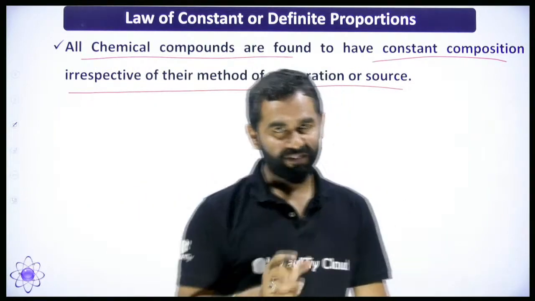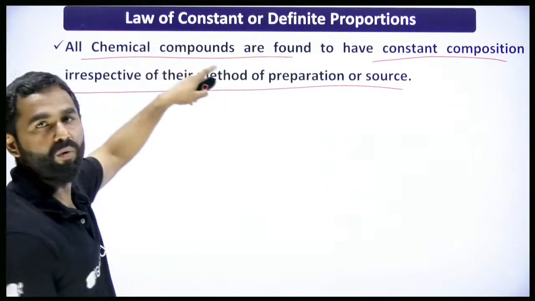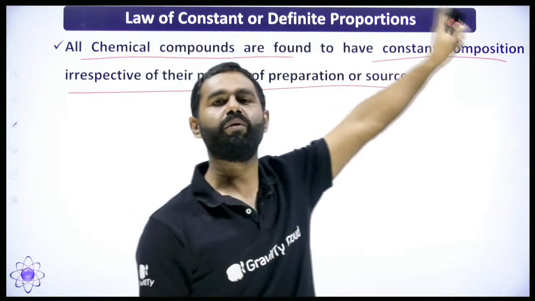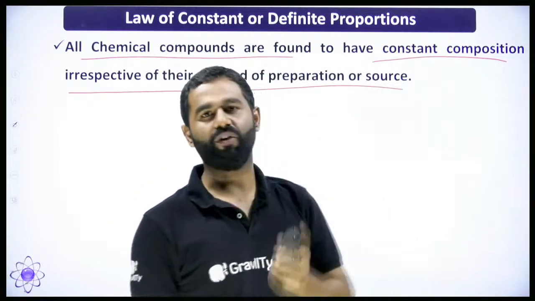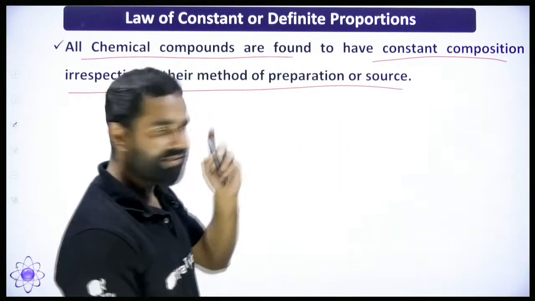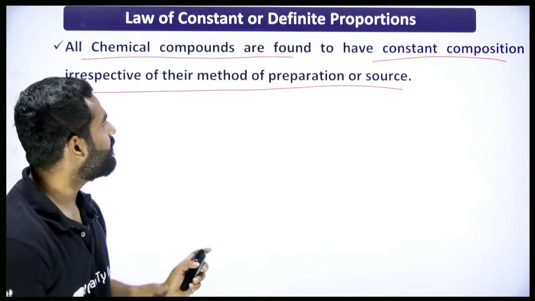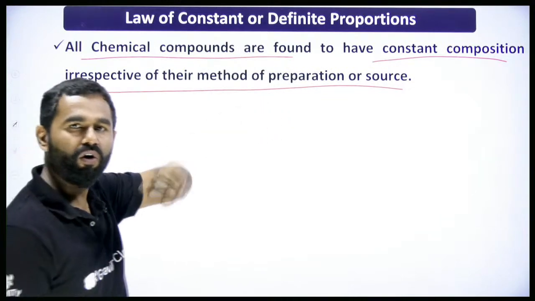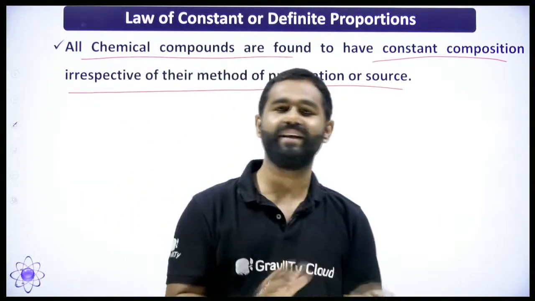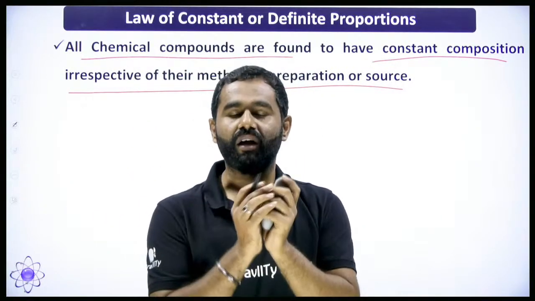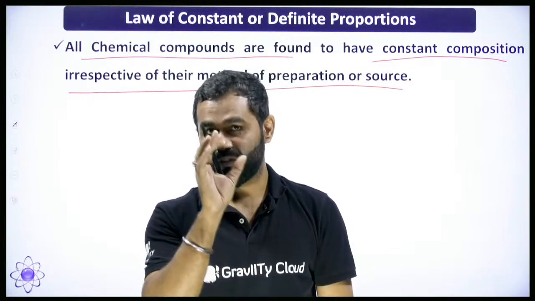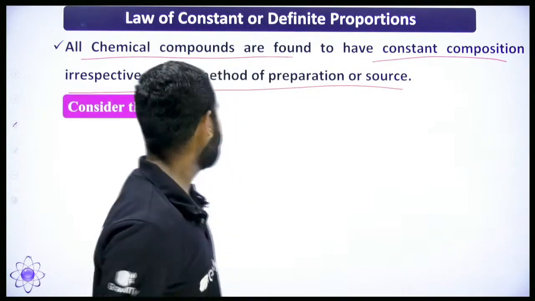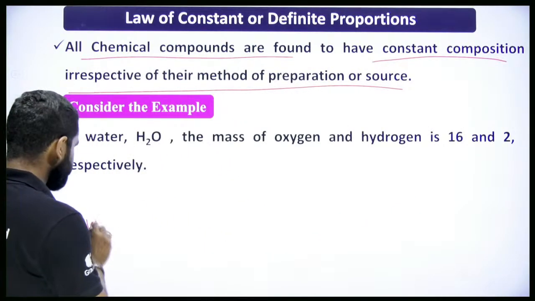Right? The statement says that any chemical compound has a constant composition. Their composition is constant. Right? It does not matter whether you prepare that chemical compound or you take that chemical compound from any other resource. The composition of that compound will always remain the same. What is the meaning of it? For example, if I take water,